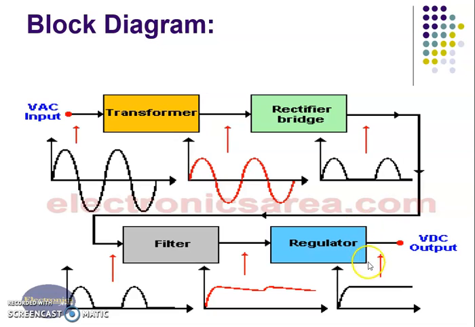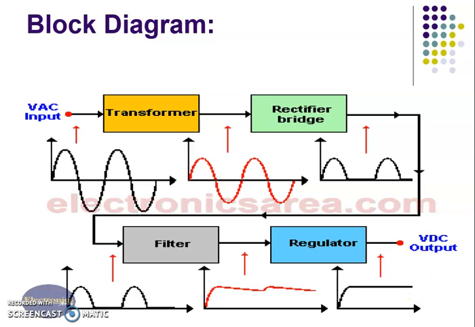For example, there are two types of regulator. We can see positive voltage regulator and negative voltage regulator. In the regulator ICs, 78XX and 79XX, the Zener diode is used as a voltage regulator. So that regulator provides constant DC output at the output terminal. This is the input to the regulator, as there is a small amount of ripple present in the input of the regulator, but at the output of the regulator there is no ripple; there is a pure DC generated by the regulator.